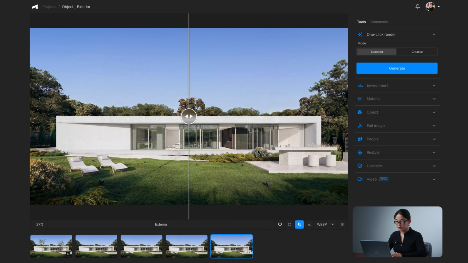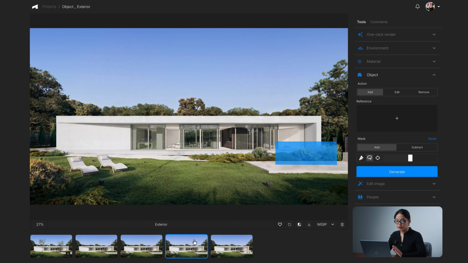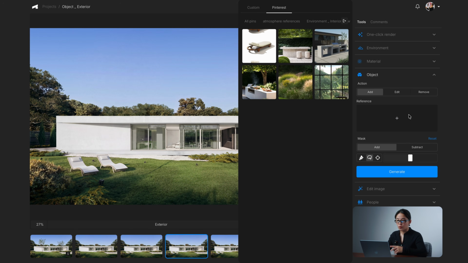As you can see here, it has been perfectly added without changing the rest of the geometry of the image, which is exactly what we're looking for when we're adding objects. While we're here, let's go ahead and add 2 more, just so you can see that you don't have to upload or run one render at a time. You are able to